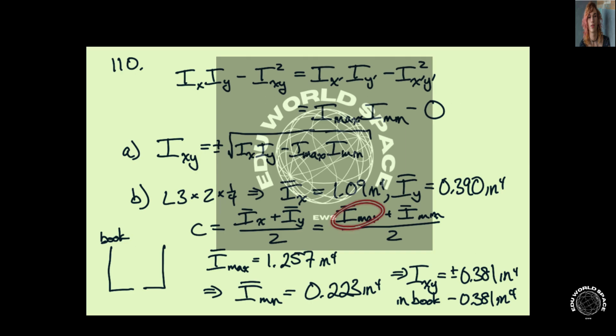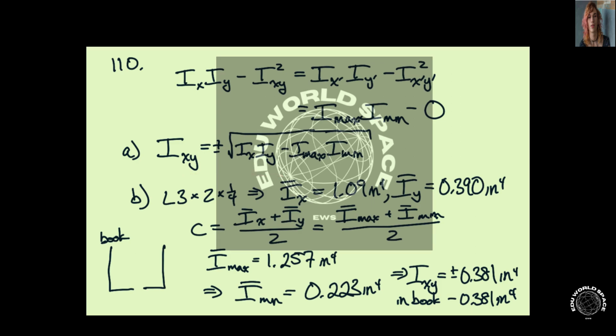So we can use this second invariant to find I max if we have I min and we have these two things which we're given. Oh no, we were given this, right? So we're given this, and then we can find this. So they gave us this, and now we can use this invariant to find I min, and that's 0.223 inches to the fourth. And so now we have Ix, Iy, I max, and I min, and we can plug into here, and we get that